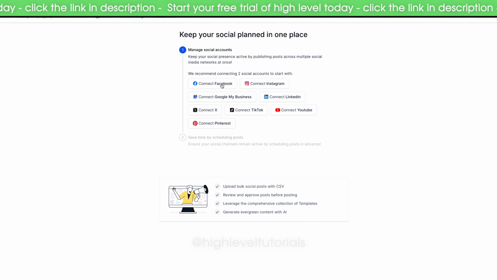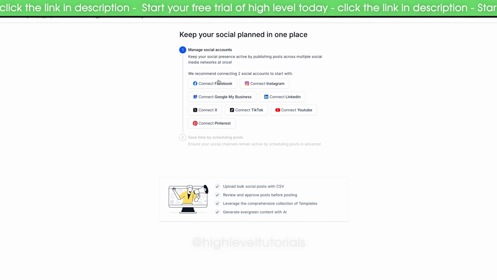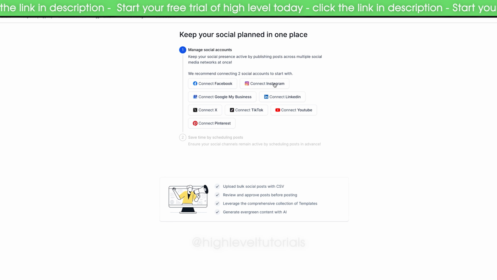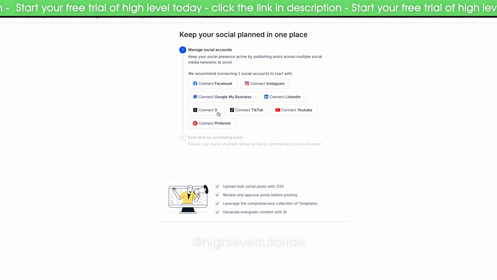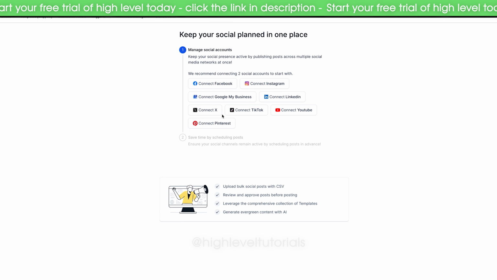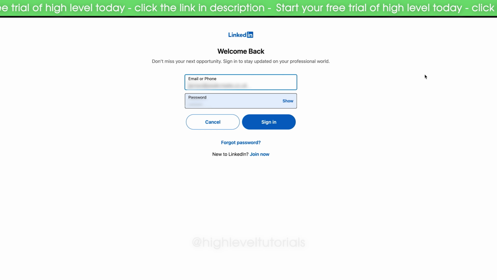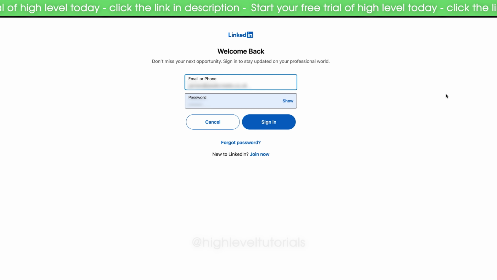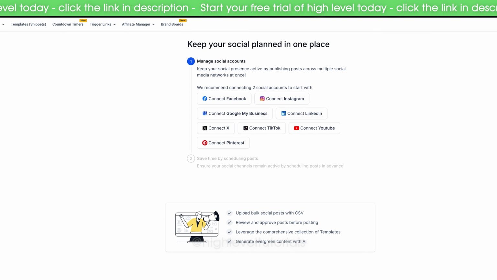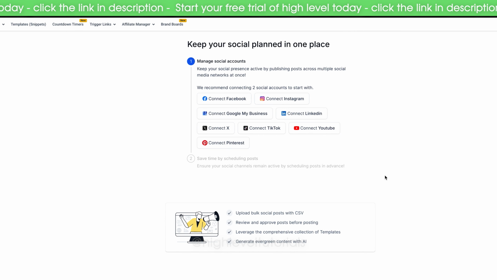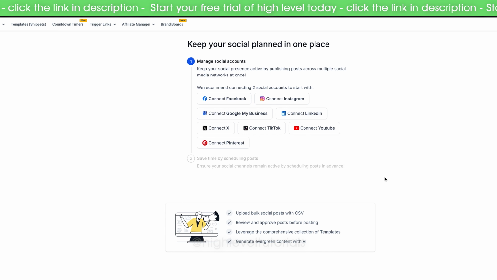Please bear in mind that Facebook integration will also integrate Instagram, as they are part of the same company, as well as Google My Business and YouTube will also connect if you connect either one or the other. If you'd also like to connect LinkedIn, X, TikTok, Pinterest, exact same process. Just click on the platform you'd like to connect, and it'll ask you to sign in and follow that platform's integration. So that is how you connect your social media accounts to start scheduling and posting social media posts straight